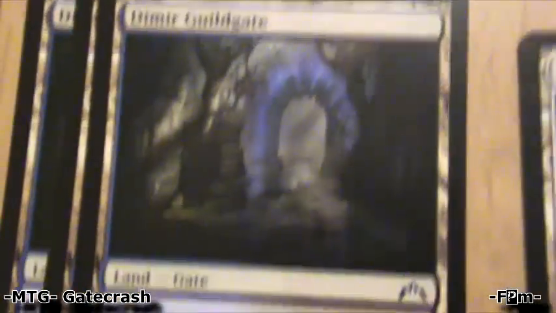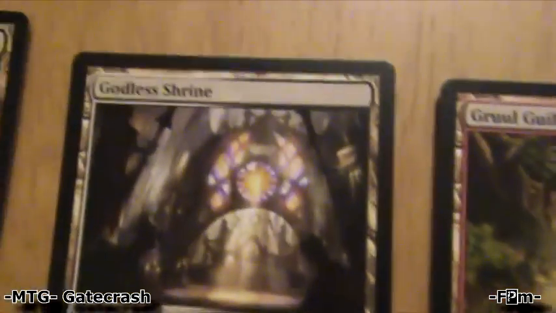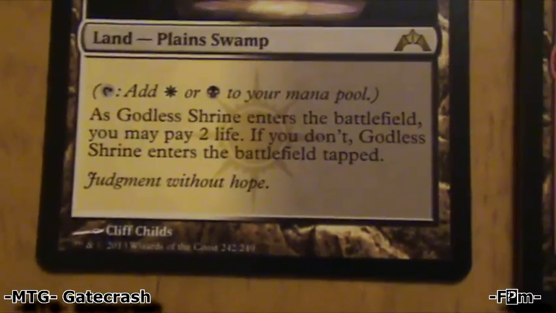The Dimir Guildgate, Land Gate, enters the battlefield tapped for blue or black mana. The Godless Shrine, a Plains Swamp, black or white, and again you may pay 2 life. If you don't, it enters tapped. The Gruul Guildgate,